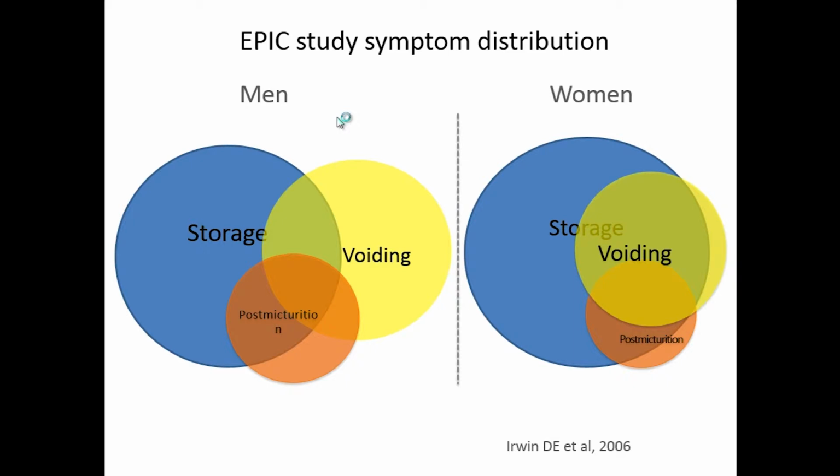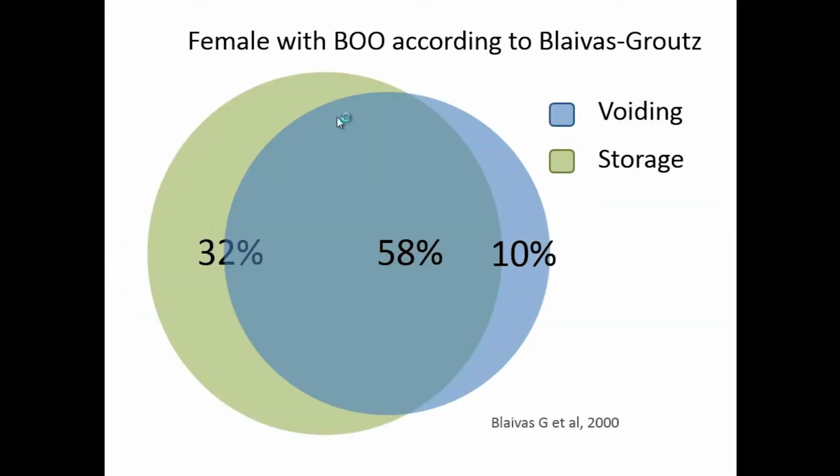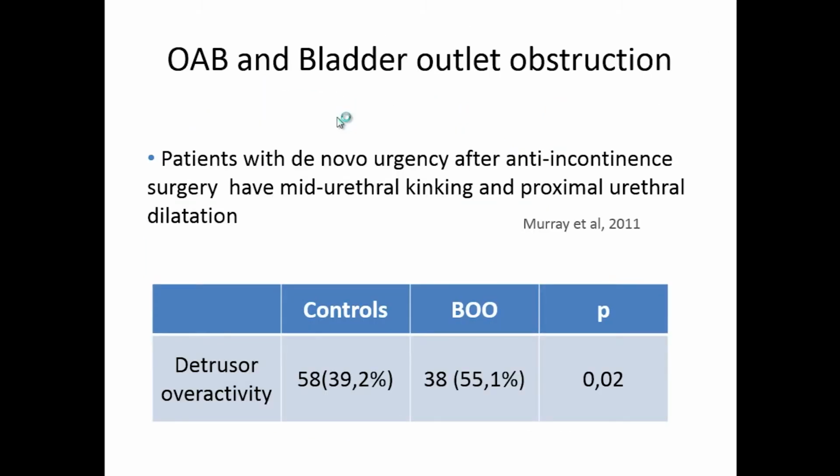This is not only true in the general population, but also in patients with bladder outlet obstruction. Of female patients with outlet obstruction, only 10% have only voiding symptoms, and as you can see, the majority have both voiding and storage symptoms, and a significant number have only storage symptoms. So we think we're talking about a voiding problem, but we see storage symptoms. Of course, we know, mainly from men, that there is a clear association between obstruction and bladder overactivity. This may in part explain this observation.